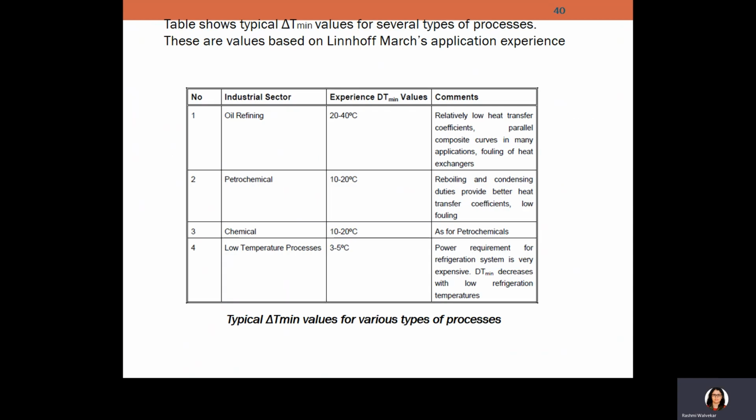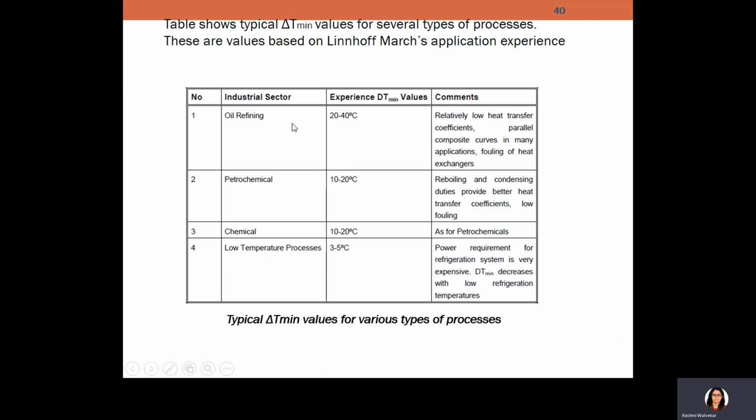But now how to decide the delta T minimum values? This is really guesswork, because there is no rule of thumb that you have to use 10 degrees or 15 degrees. It comes by experience. So you need to set a minimum value first, and then you need to see if you can get a pinch point. If not, you change the temperature and work it out repeatedly. But due to experience, some of the authors, when they have done the trial and error, have come up with some delta T minimum values.